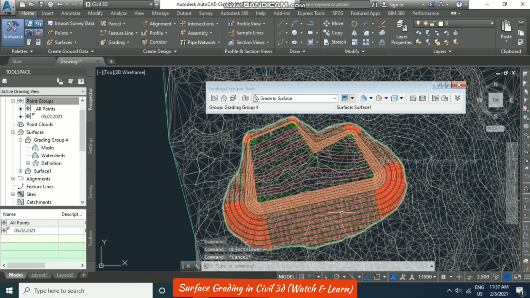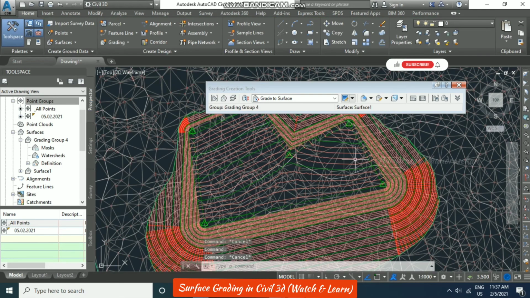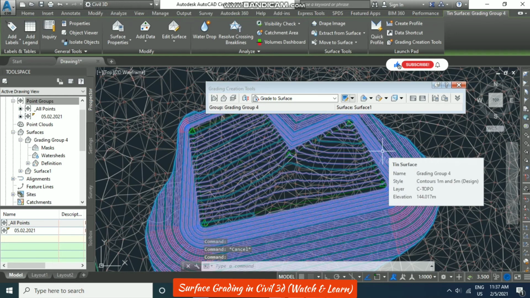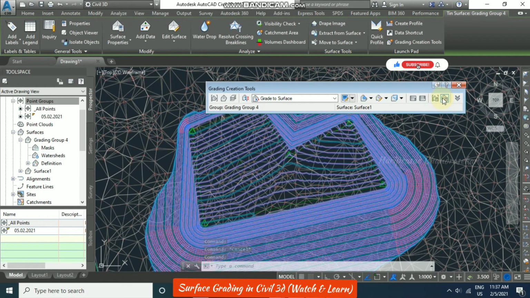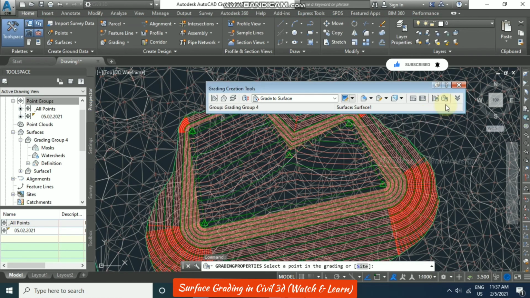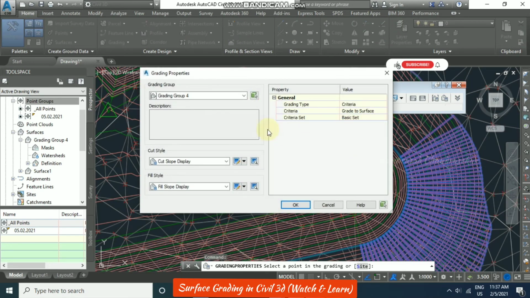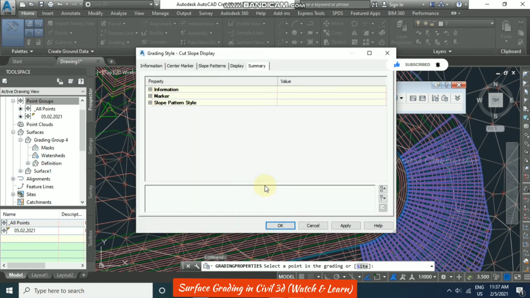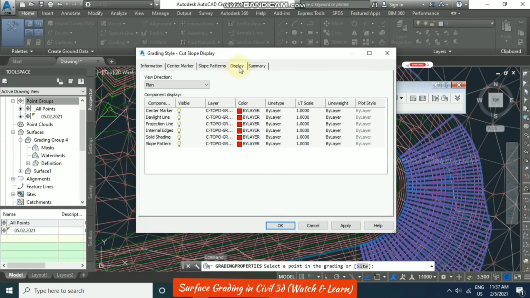Okay, now I'm selecting some grading, or you can go for grading property. Select a point, for example this point, and then we can go for style: cut slope display, fill slope display, like that. If you want to edit, you can go for edit current selection, where you can put some other colors or some other displays.